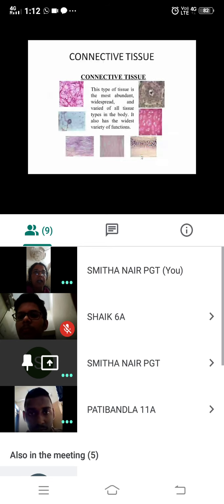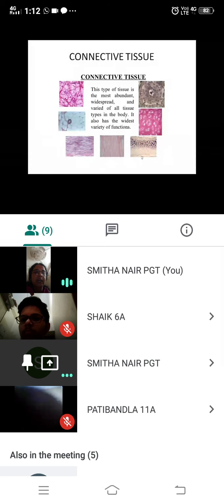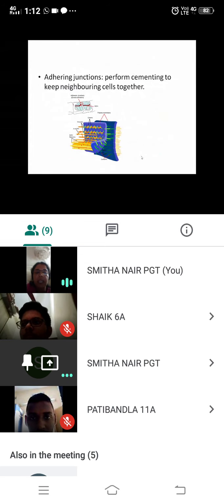Okay. So connective tissue, now we'll see the next type of tissue. So that was about epithelial tissue. We had seen simple and